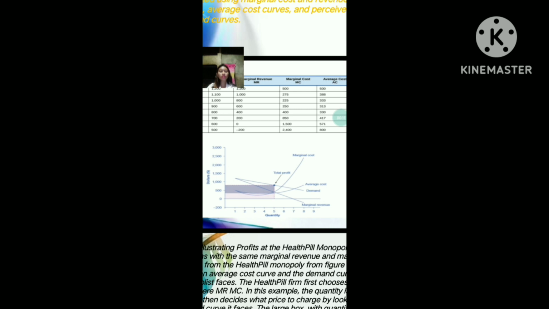Similar to perfect competition, a monopolist can maximize their profit by selecting a quantity where marginal revenue and marginal cost intersect. As you can see in this graph, that is at a quantity of 5